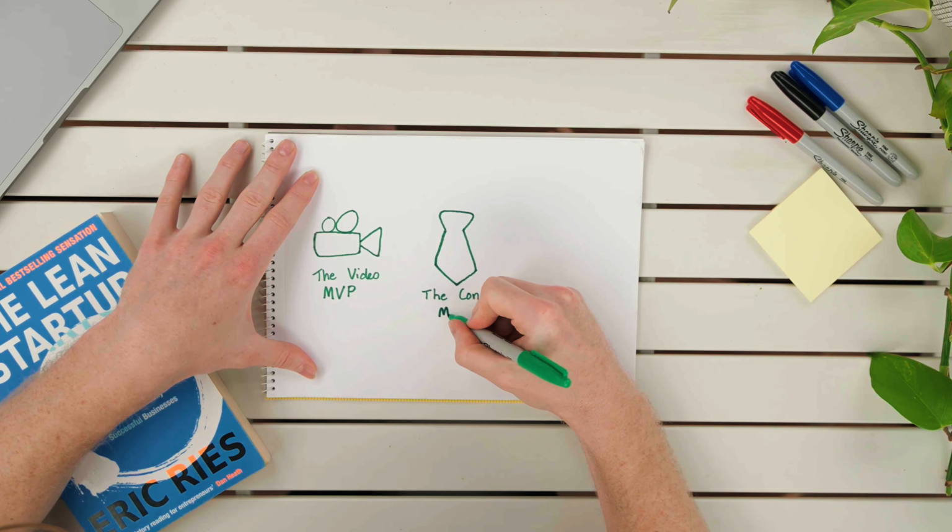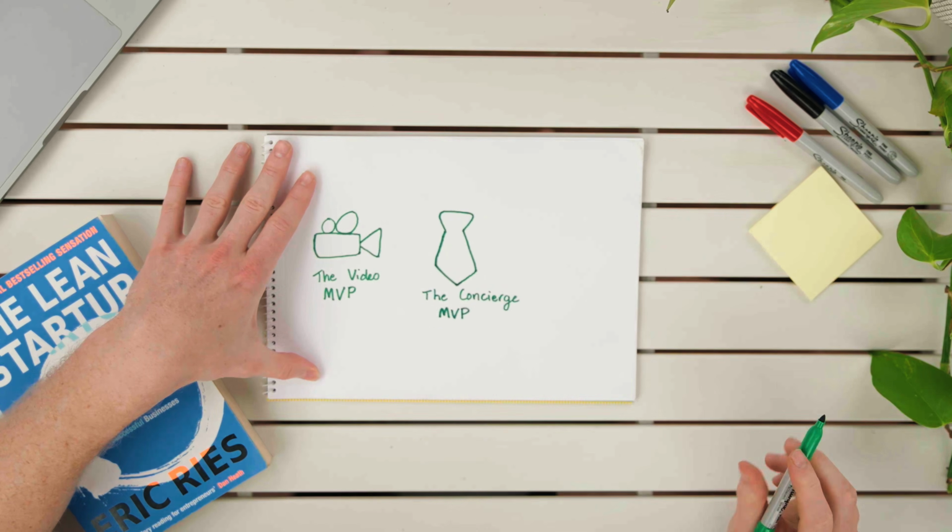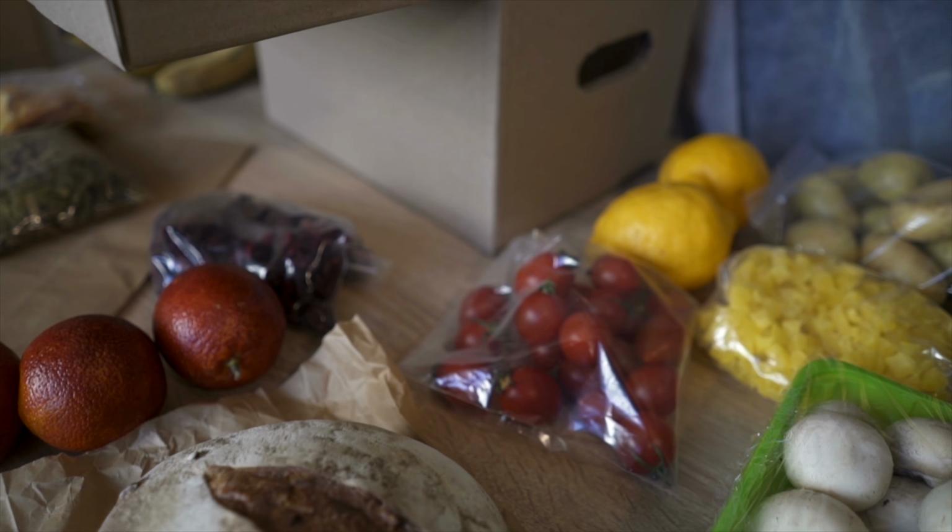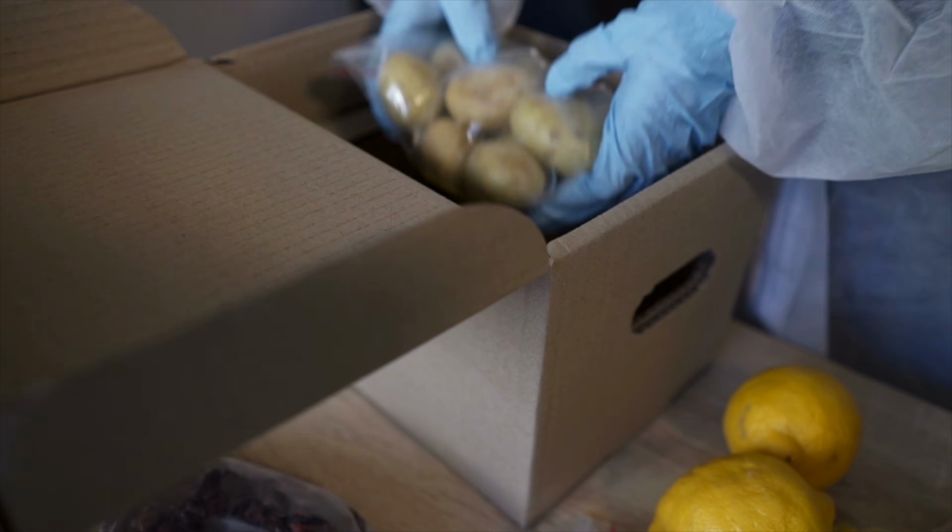The second type of MVP that Eric talks about is the concierge MVP. This is what the CEO of Food on the Table did. They were trying to deliver recipes and food to customers. At the risk of sending them things that they didn't like, what the CEO did was actually go to the customer's house, learn exactly what they liked and the recipes that they were already cooking. He could then provide the premium service for this customer.